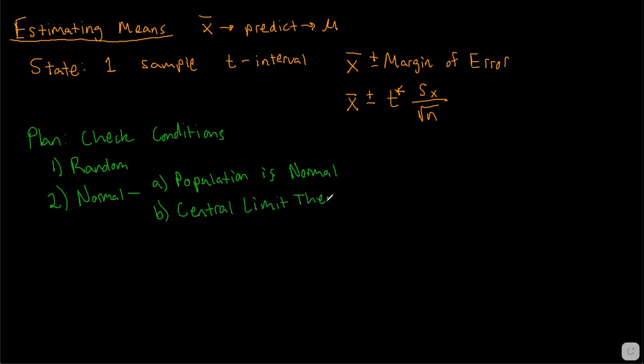The central limit theorem, if you forgot, just means the sample size needs to be greater than or equal to 30. It's kind of a rough guideline. Now there's a new one that we need to check, and it's for really small samples. So I'll write it out. For small samples, those that are less than 30,